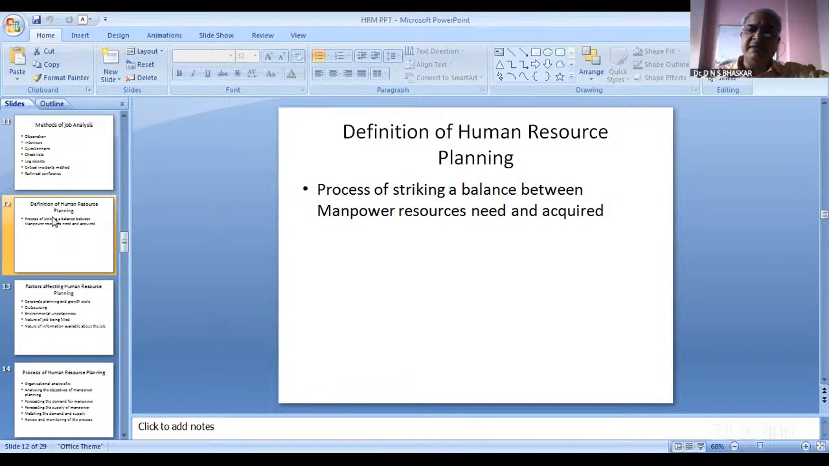That means what is already acquired, what is the need for the human resource. How many people are required, how much is already there, and how many are needed for that. What is the gap between them? So how to strike a balance between them? All these aspects come under the